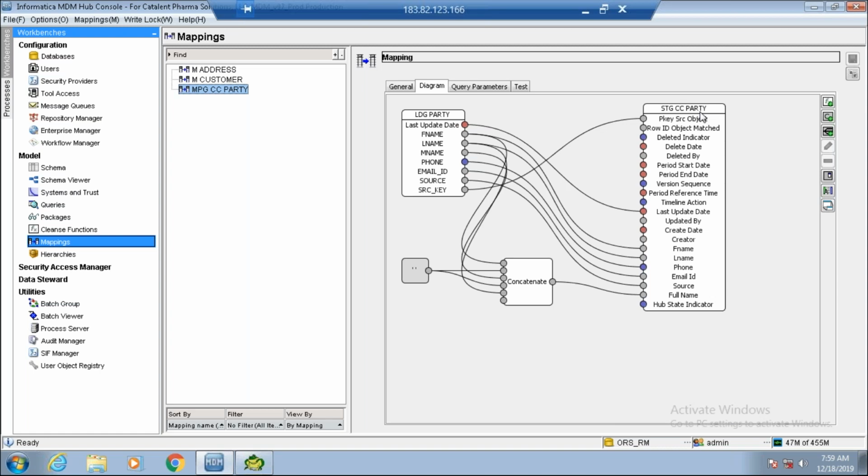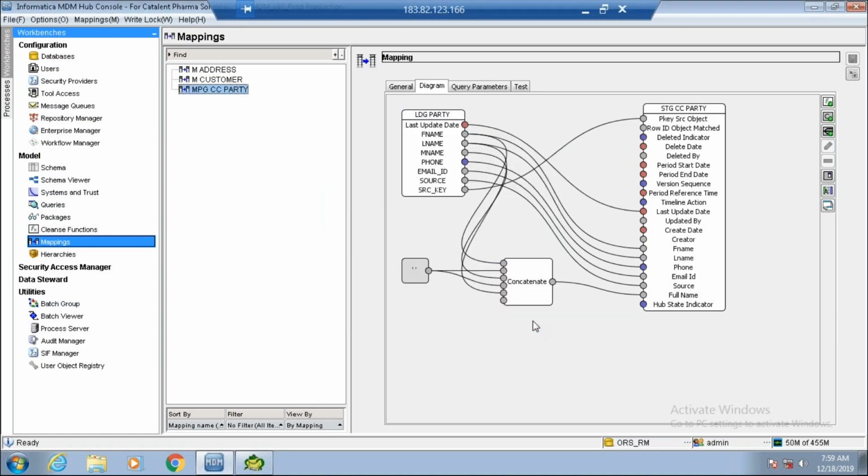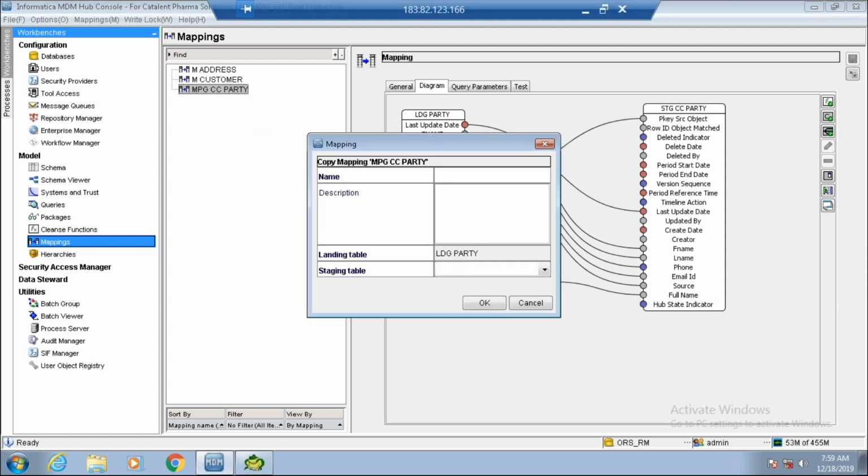Clear? Something confusing? Let me repeat. When I try to add a mapping, it will show me a list of landing tables and a list of staging tables which are all available for mapping. But when I try to copy a mapping, it will freeze my landing table. It will not allow me to choose a landing option, but it will show me a list of staging tables which are all related to this CC party, meaning the stage table should be from the same base object.